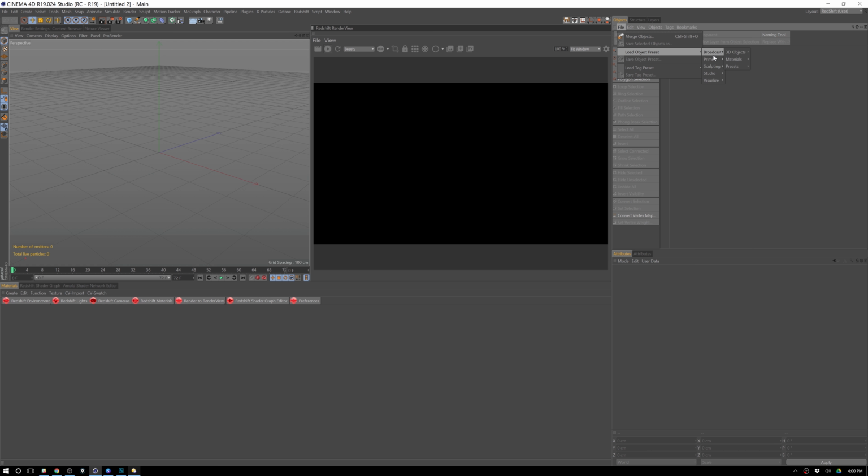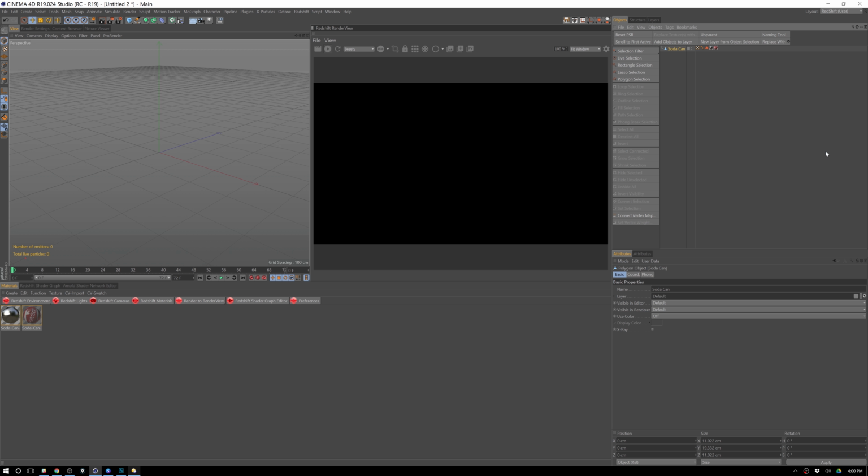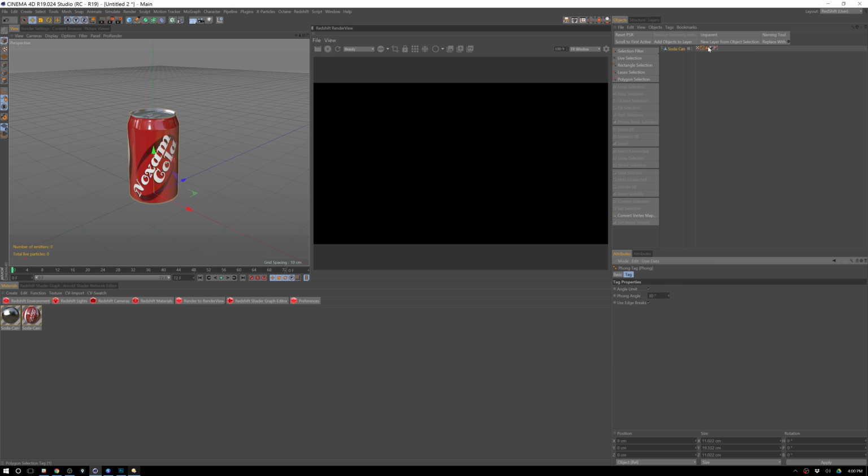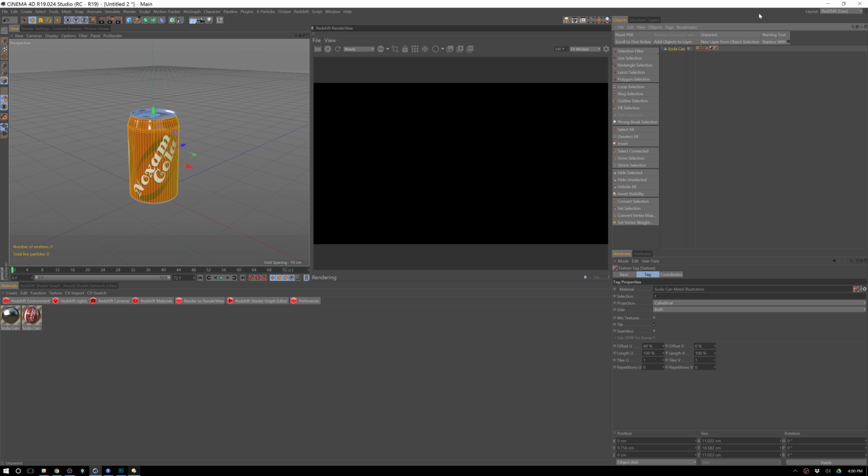the built-in can here. Under load object preset, there's a bunch of objects you can bring in, and under broadcast and then packaging, you can get a can of soda. I was having an issue where everything was kind of flipping around and being weird, and what really happened is that once I had the selection going on here, I didn't have it set to cylinder or cylindrical like this is here. So what I need to do is create a material and replace this and make sure it's